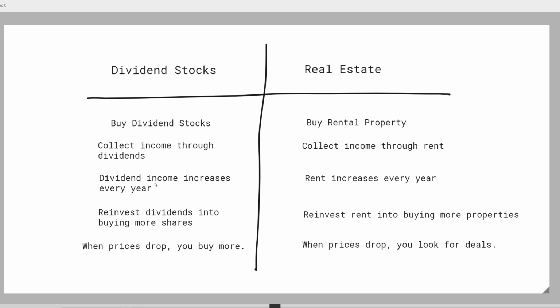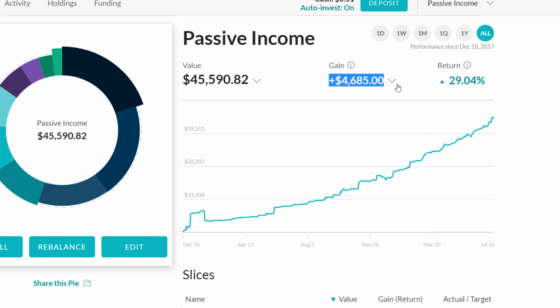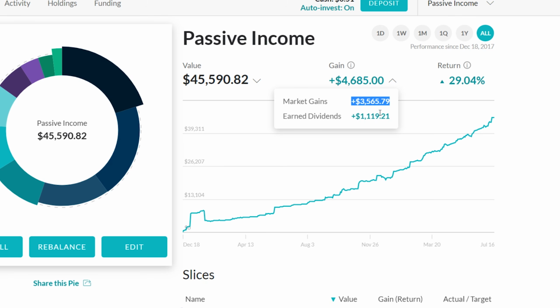Now, with dividend investors, a lot of times I see, yeah, they want to do dividend investing, but they get really caught up in just the gain right here, the capital gains. If they see this rise up, they're celebrating. And a lot of people, they don't have a massive portfolio. They're still buying in. They're still trying to collect and accumulate shares. And what you're really celebrating when the market gains just race up is that you're having to pay more for the same amount of shares. That's what you're celebrating. So, I'm kind of guilty of that too.